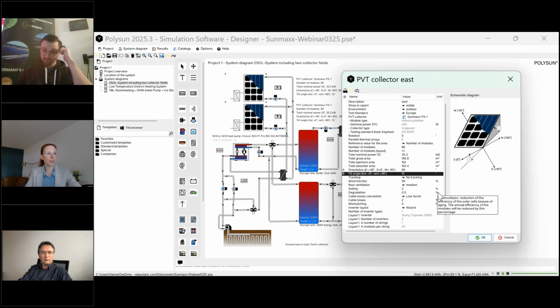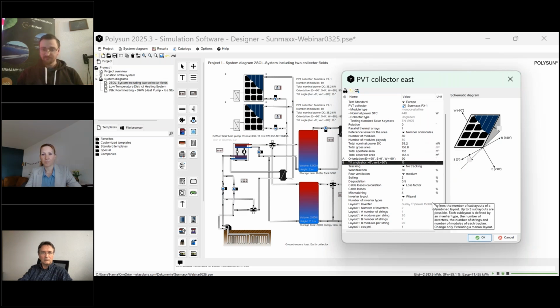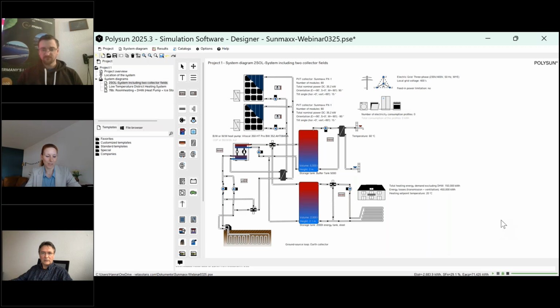And after that, you also have to design the inverter. So never forget that this PV part also needs an inverter, and you need to design it. And Polysun helps you with this. If you're not familiar, or if you just want to have a very quick design, then you find a wizard here, which you can use to find a suitable inverter. So always make sure you don't miss out on that point. I've done it before, so I will not go through it now, but you can see it in your test version, I'm very sure.